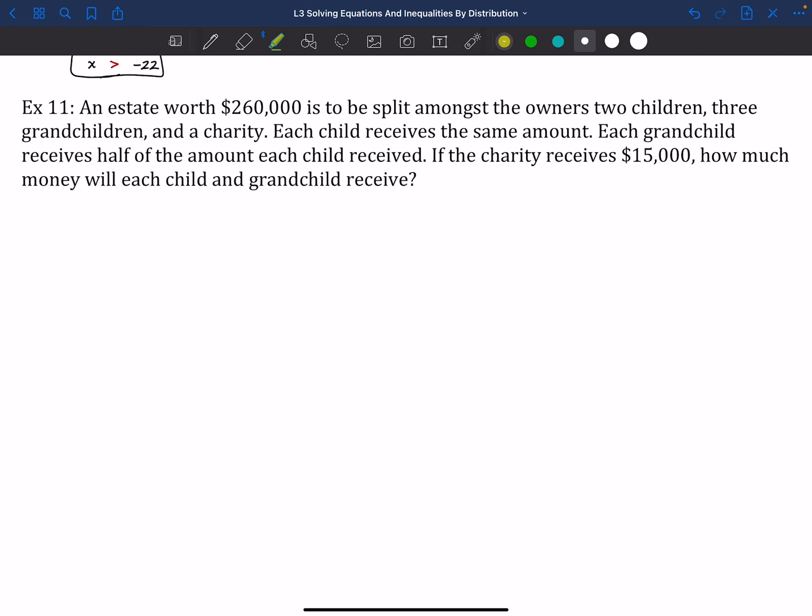And I'm going to highlight important pieces of information. So an estate is worth $260,000. It's going to be split amongst the owner's 2 children, 3 grandchildren, and a charity, right? So it's getting split sort of like 3 different ways, kind of. Each child receives the same amount. Each grandchild receives half of the amount each child received, right? The charity is getting $15,000, and we want to figure out how much money each child and grandchild will receive,